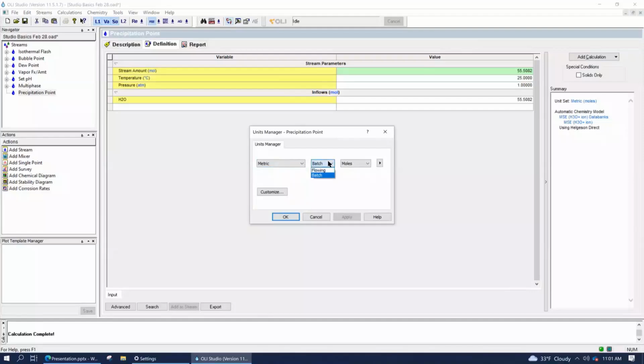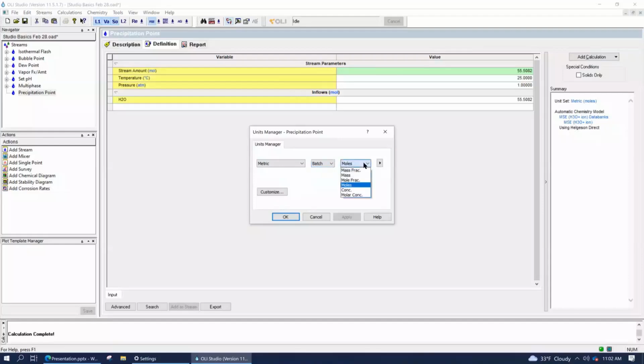Batch versus flowing. Okay, originally OLI started out as kind of like a chemical engineering company. So engineering flowing processes, that's kind of like where our basis is. Okay, it's not entirely true because we actually did flash calculations first, but we recognized that the money was in engineering. So that's why we have flowing units, and we have process simulators, and also links to other process simulators. And those simulators require flowing units, kilograms per second, cubic meters per hour, cubic feet per minute, whatever it is, GPM, things like that. Okay.